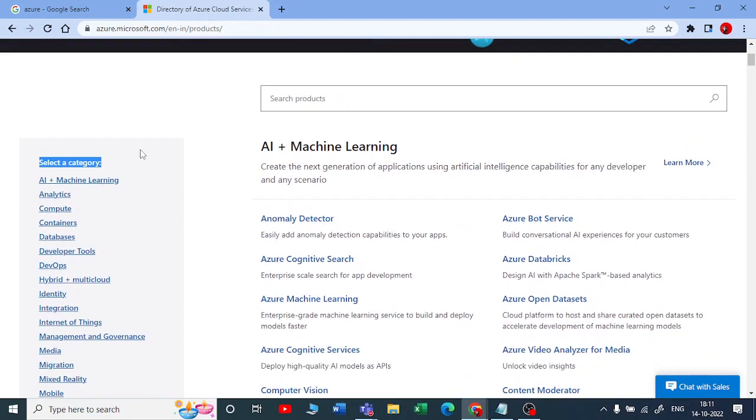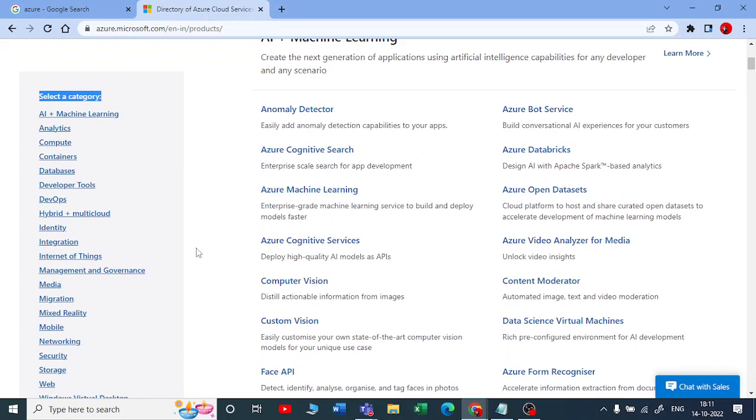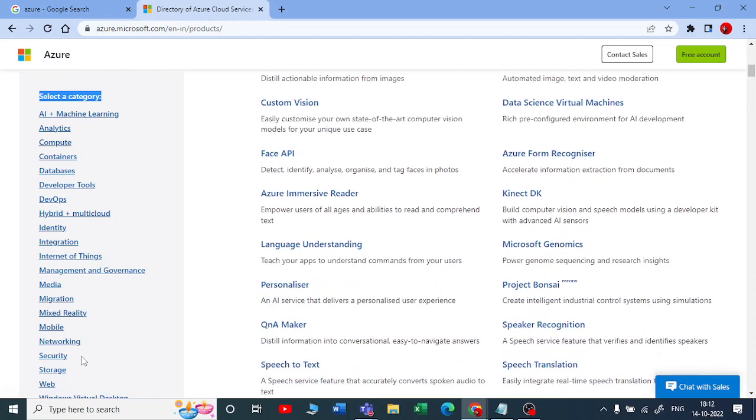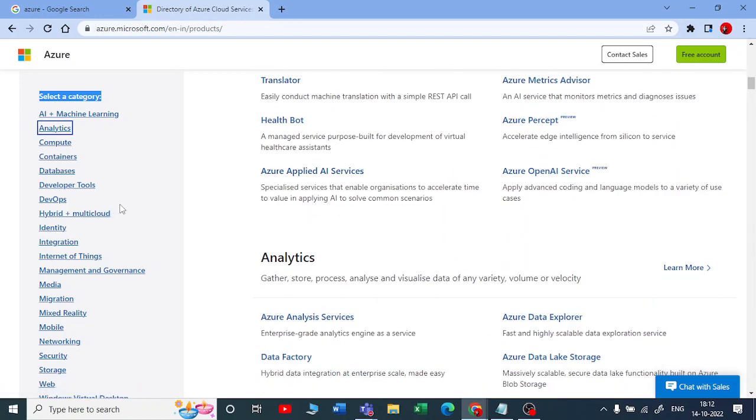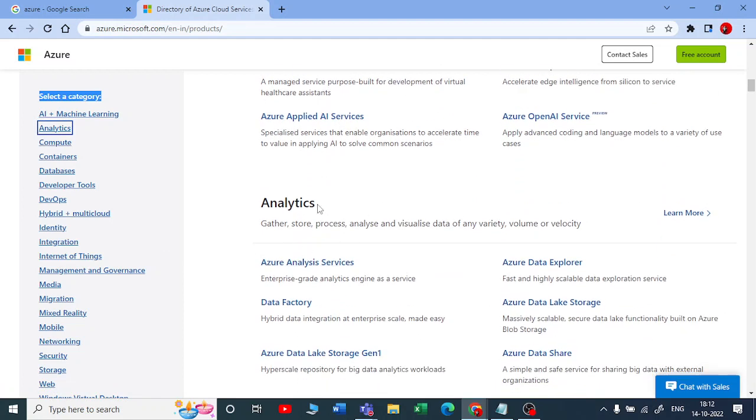Now we are into Azure, Microsoft's Azure. These are the services. If you compare with AWS, there are similar services and products, but the names are different there. Let me go to analytics, where we will be using many of these services in our data engineering or big data workload.